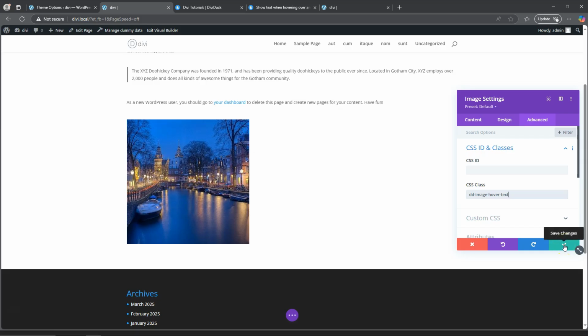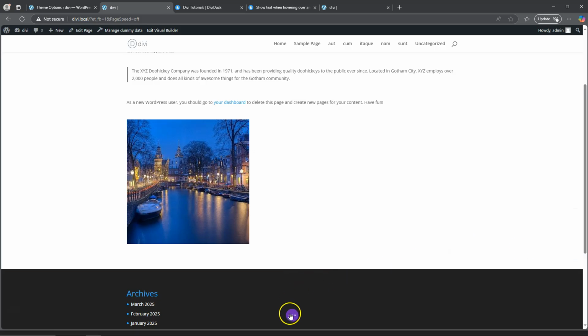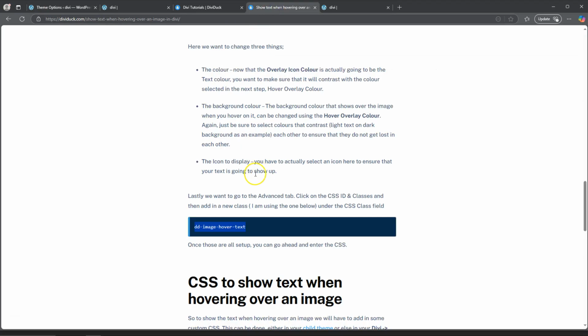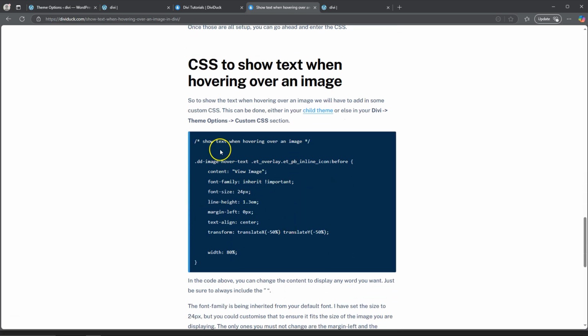Now that's all done, let's save that. And that is saved. So one last thing we need to do is copy over this text, the CSS. All right, so if you copy all of that,